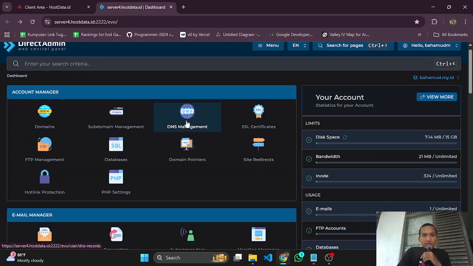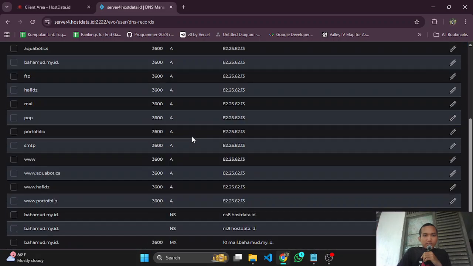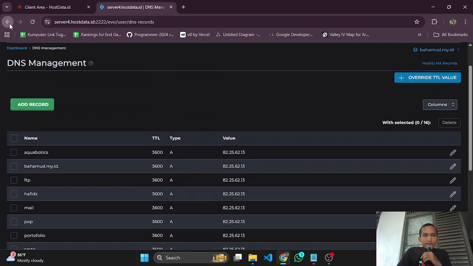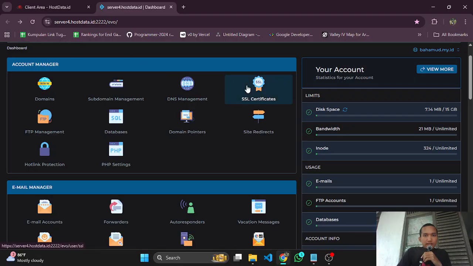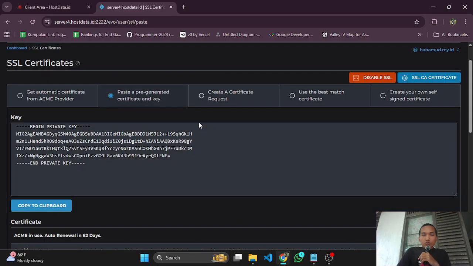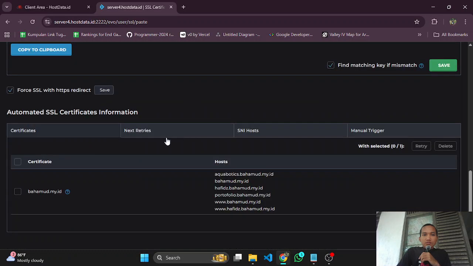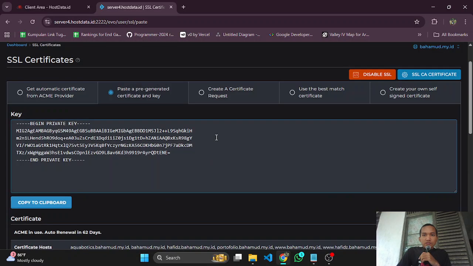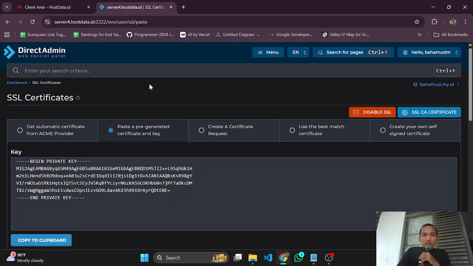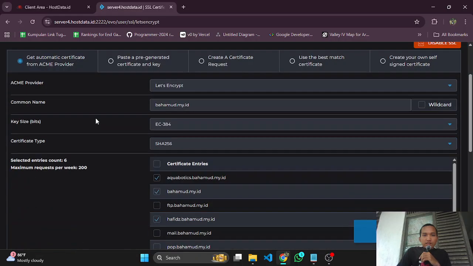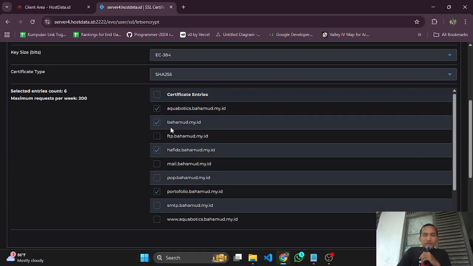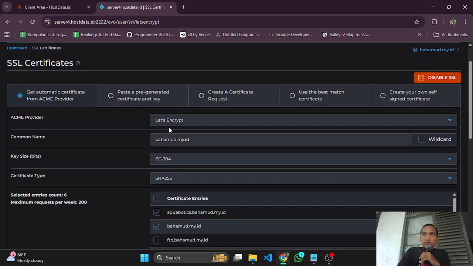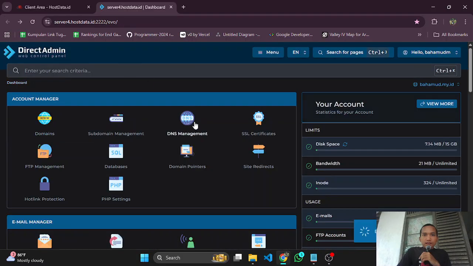For the answer management, I don't know what it is. This is SSL certificates, to renew and to add your subdomain, and so on.